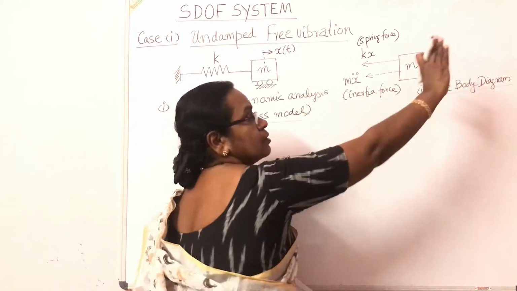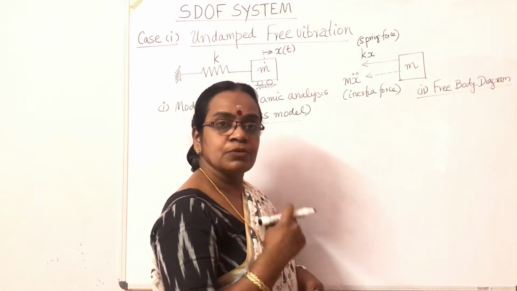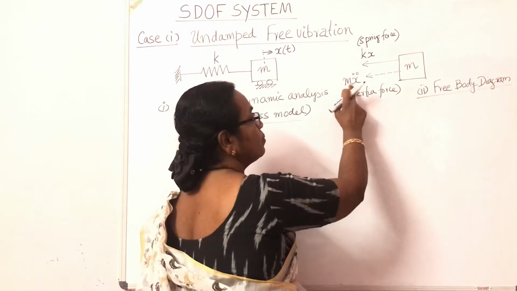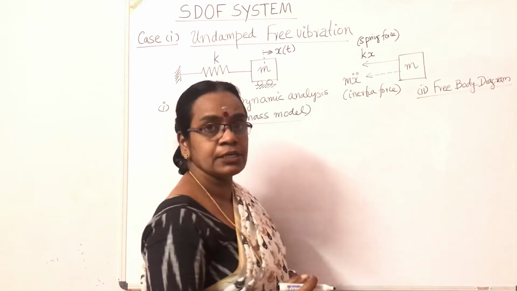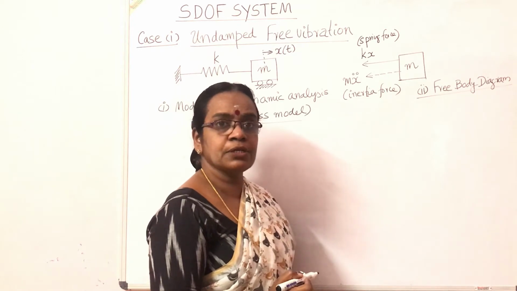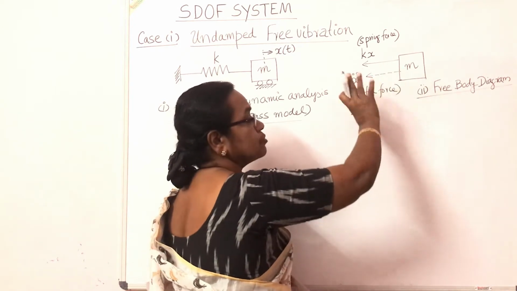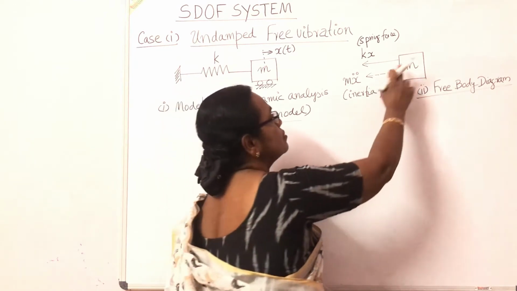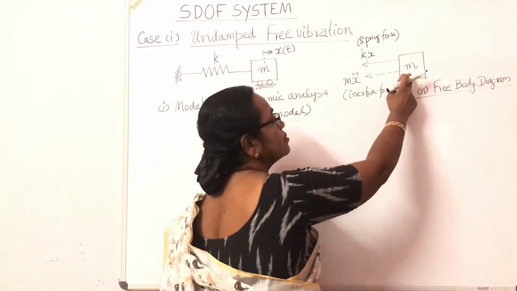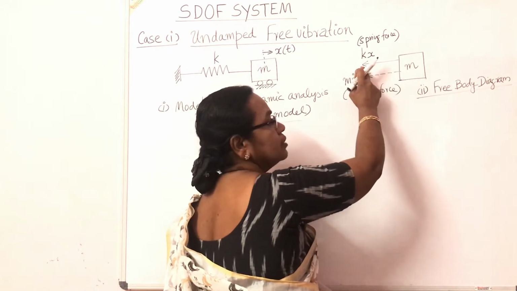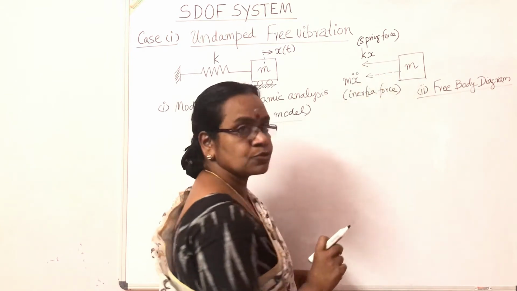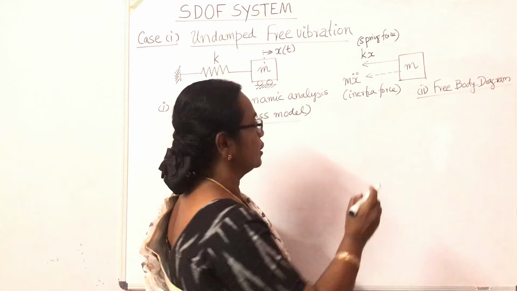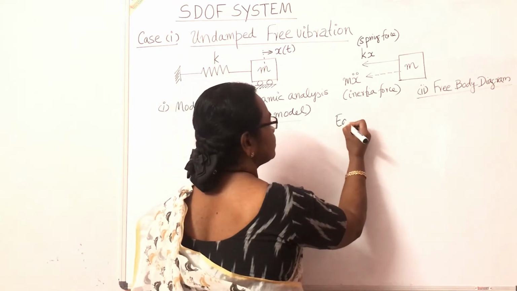The mass moves in x positive direction. So mass into acceleration, m x double dot, is called the inertia force. We apply it opposite to the direction of motion. Together with the external force, there is no external force, it is free vibration. So this is the free body diagram. The mass is subjected to a force kx, and we apply the inertia force opposite to the direction of motion. So the equation of equilibrium,